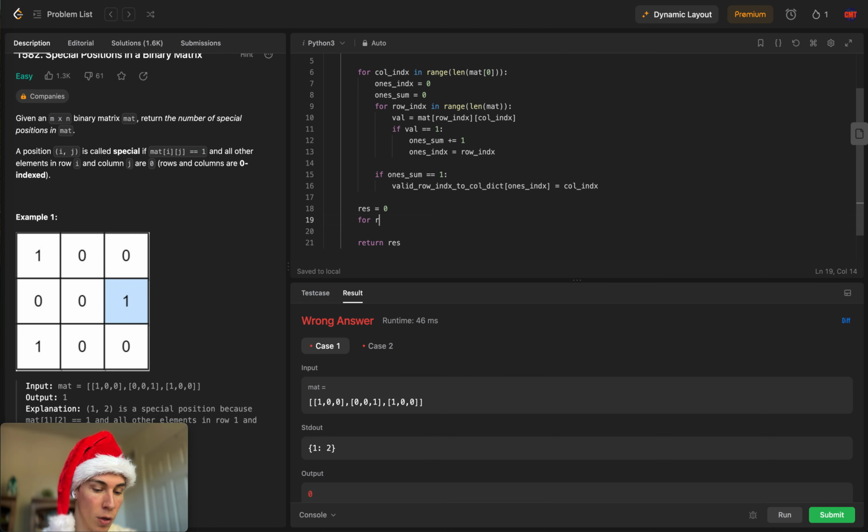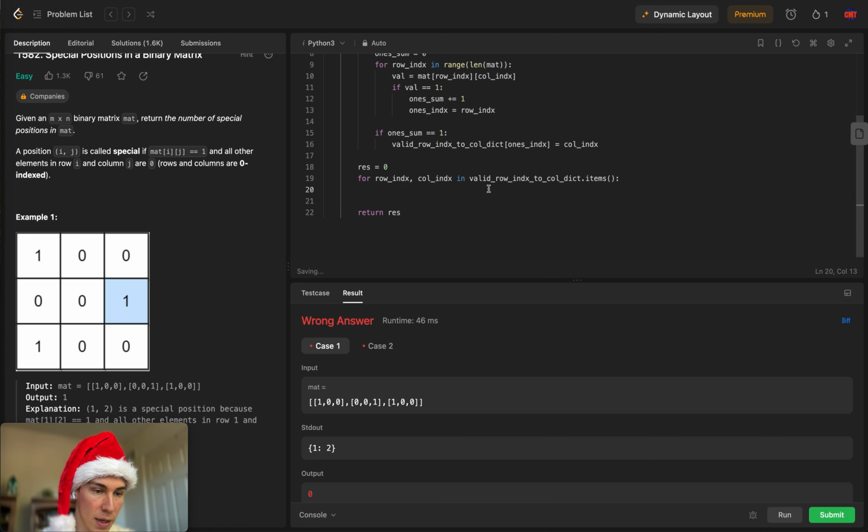For valid row, for row index, and let's say column index, in this items, I'm now going to say that if, let's get the row before row index, and now let's say if sum row is equal to 1, meaning that row